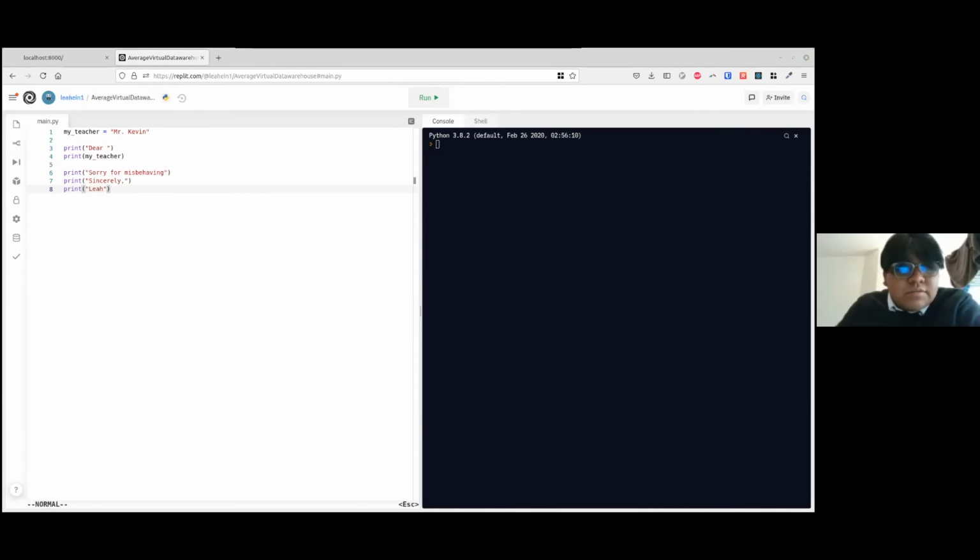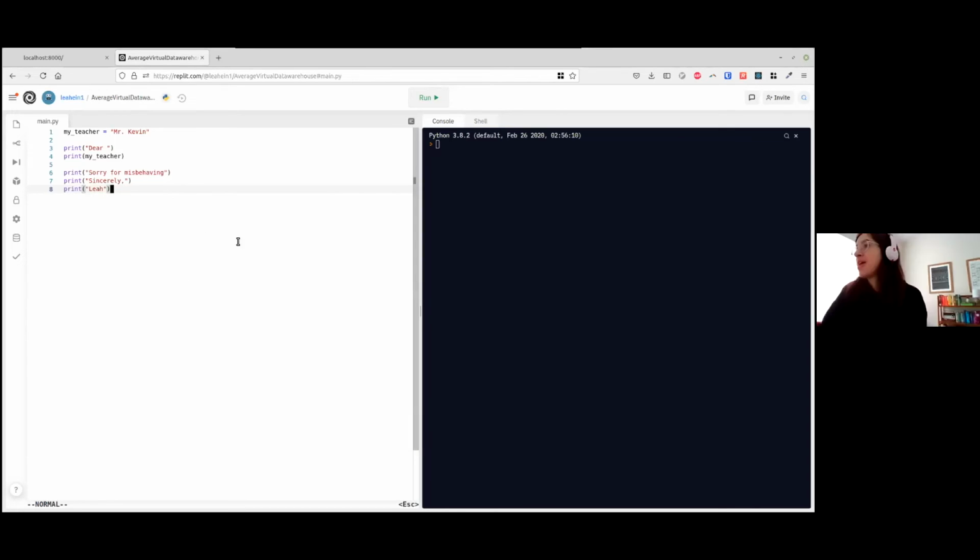I think it's going to put in the variable that you put as my teacher. So in this case, it'll put Mr. Kevin. Yes, that's a great guess. Let's see if that's what happens. Awesome. Yep. So because we gave it this label, it's like, okay, I'll just grab whatever's in that box for you and print it out. Cool.